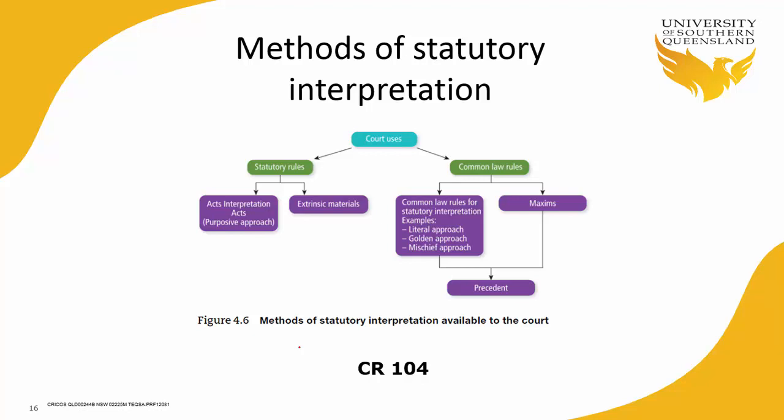The first maxim is known as noscitur a sociis. It's also known as the context rule. Okay, so it simply says that the words of a statute will have to be interpreted or construed in light of their context. Again, what does that mean? So an example on page 108 from the case of R and Anne Harris, again from the United Kingdom from 1836, says that the words